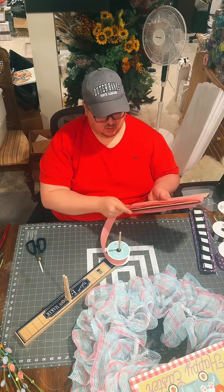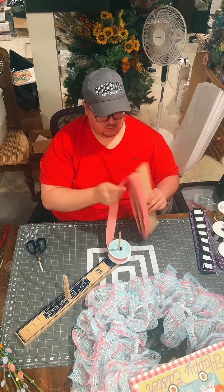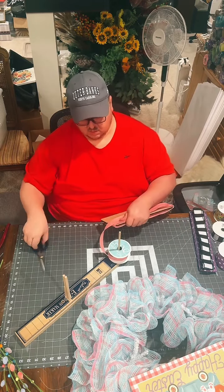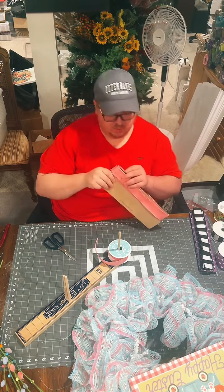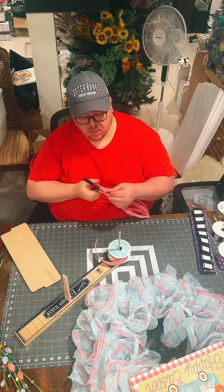So I'm just flipping that board. Ribbon tail boards just make cutting ribbon tails so much easier than cutting them one by one on a cutting mat like the one that I'm working with there on the surface of my table. Cut that off, pull them off the board, and then you've got your ribbon tail all there. I'm going to cut the top